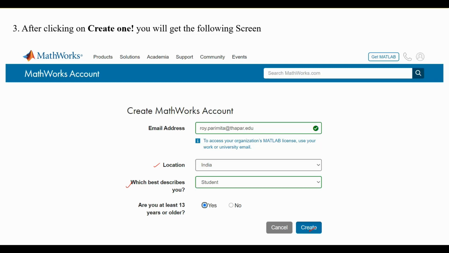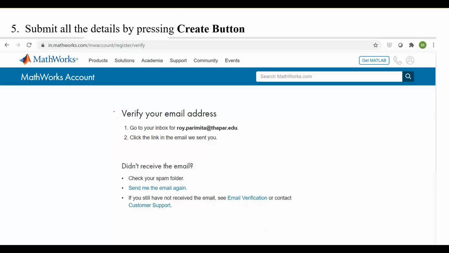As soon as you press, you will get a window like this, which says to go to your inbox. So after pressing the create button you need to go to your email with the thapar.edu extension and check your inbox.